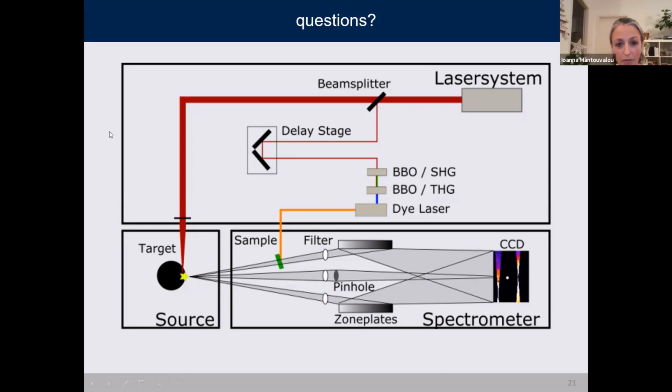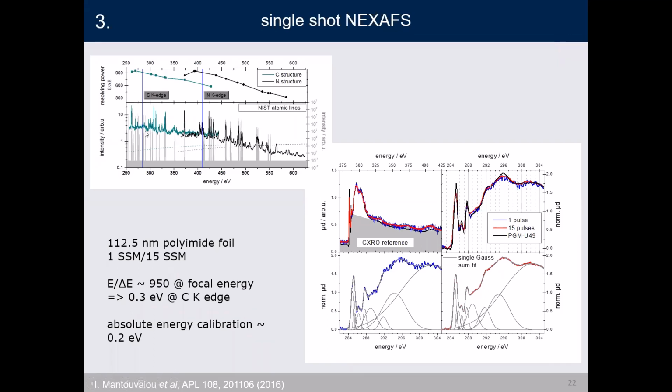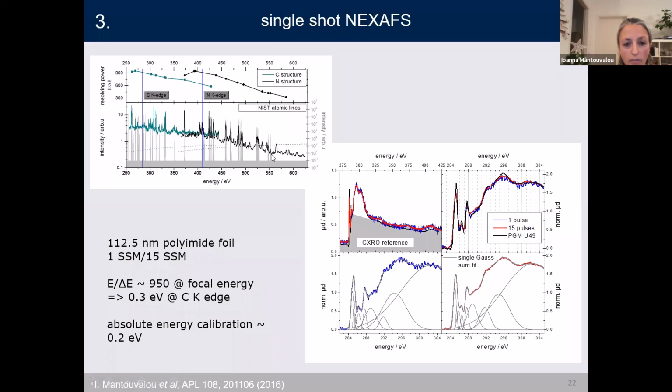So then coming to the characteristics, I put in one old slide. This is from our first single shot publication in 2016, where we didn't have the twin beam setup yet, but this shows something about the question about the zone plates. This is the emission of the copper spectrum imaged with 2 different zone plates, which are both aligned to their respective design energy. So this is in turquoise the carbon emission, and in black the nitrogen K